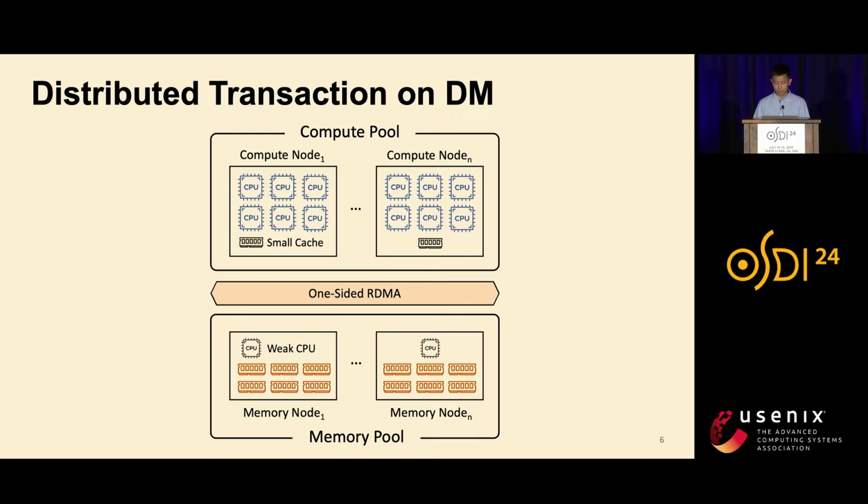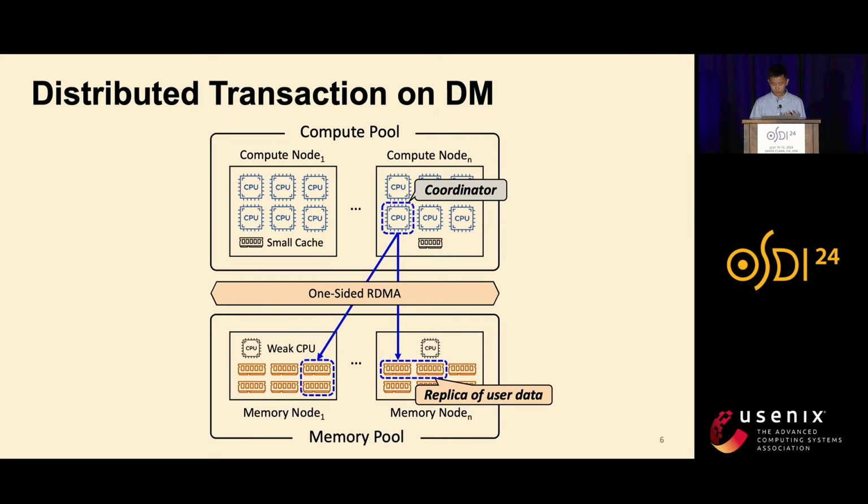This is the execution model for distributed transactions on DM. The compute node generates coordinators. In our implementation, a coordinator is a coroutine. The memory node stores user data, and these data are replicated into primary and backups for high availability. When processing a transaction, a coordinator reads remote data, executes the logic, and writes the new data back to remote memory nodes. The data access is implemented using one-sided RDMA, which means it does not involve the CPU of the